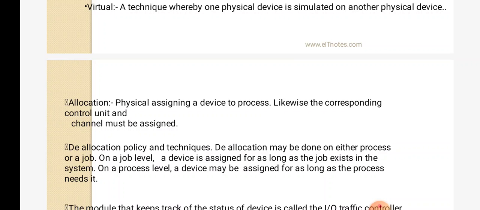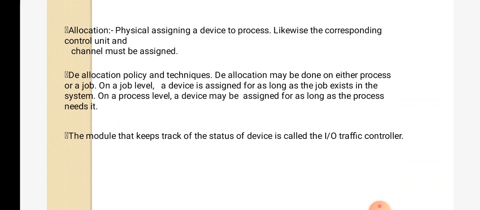Once a process terminates, that device must be reassigned to the OS, because the OS is a resource manager and a controller, so it only allocates and deallocates. So: keep track of the status of devices, determine the allocation policy, allocation and deallocation. These are the functions of device management.